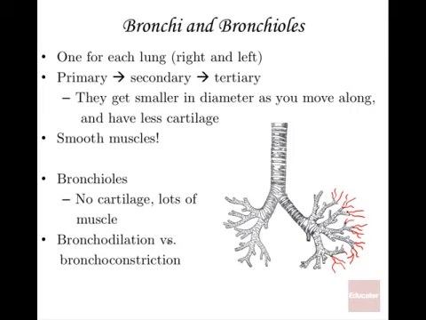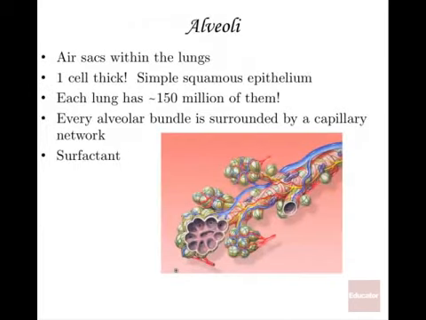Bronchodilation tends to be associated with the sympathetic branch of the autonomic nervous system. That came up in nervous system lessons from before, that fight or flight response. You want to get more volume of air into your lungs with each breath. When you're relaxed and in the rest and digest or parasympathetic mode, that's going to be more associated with the bronchoconstriction. The alveoli, like I mentioned a moment ago,